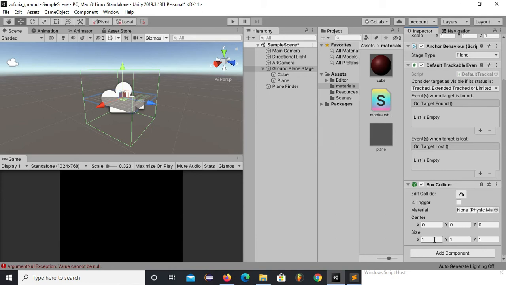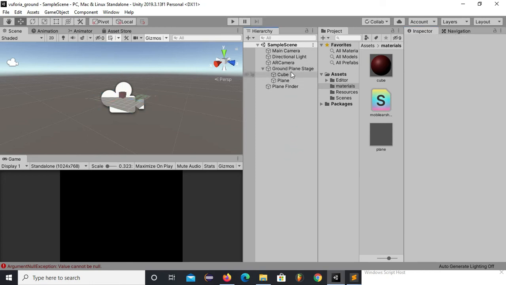So this ground plane must be a collider, so that our rigid body will collide with it. And now I will do some scaling. So now it's fine. We will apply a mesh collider also.